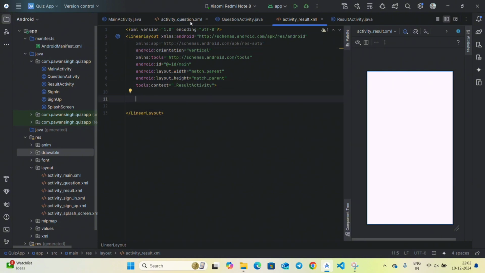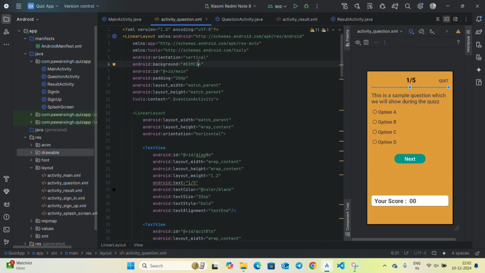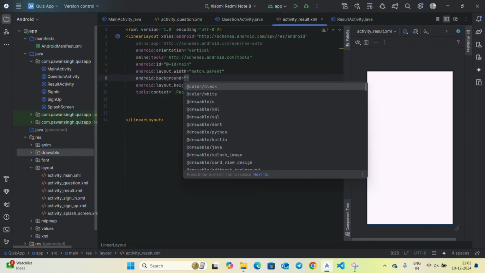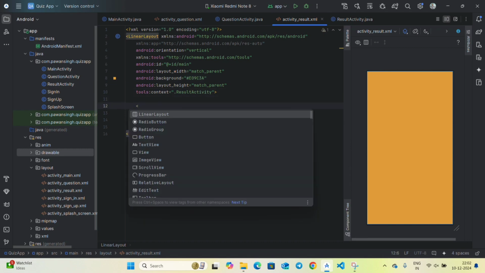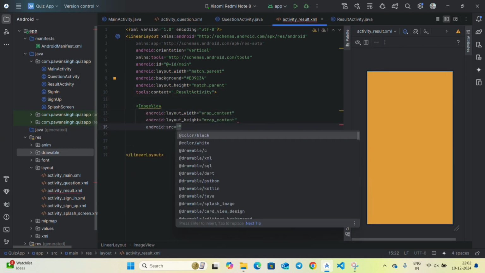So we will copy the color code from the question activity, go to activity result and write here background, hashtag and paste the color code. And inside this give it an image view, wrap content and source. Source will be @drawable